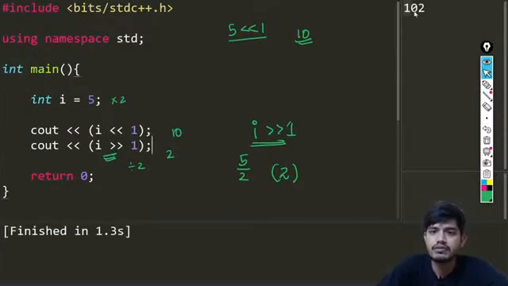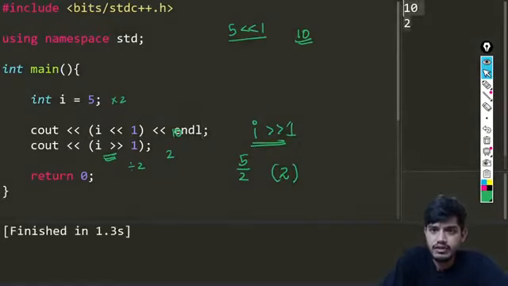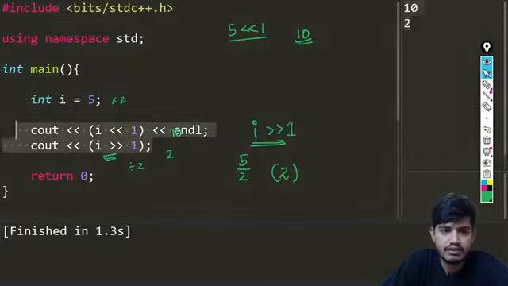So you can see for the first one we are getting 10, and for the second we are getting the value as 2, which is correctly answered by you guys. Okay, so now let us move ahead and talk about some other things. We have already talked about this one, and let us talk about XOR values.